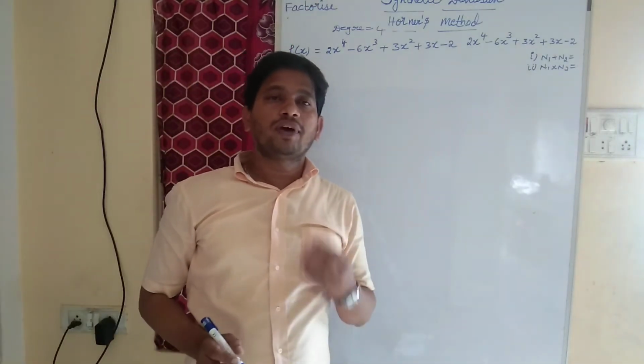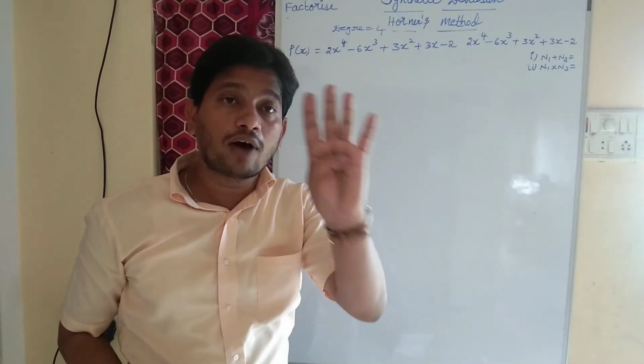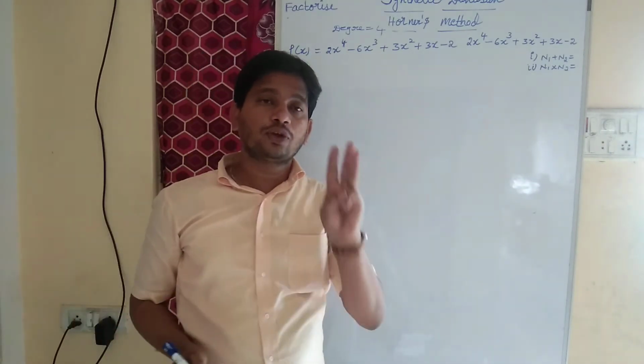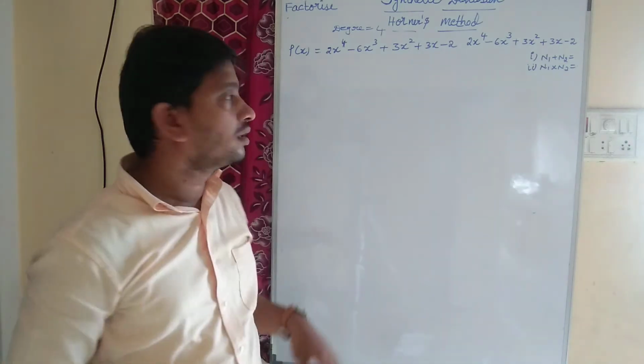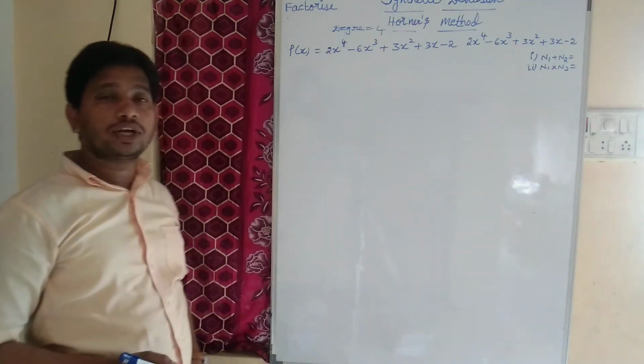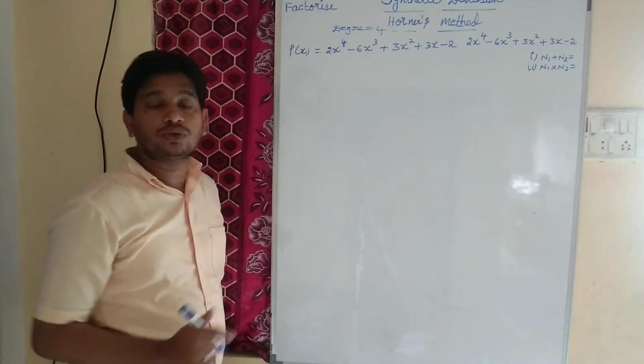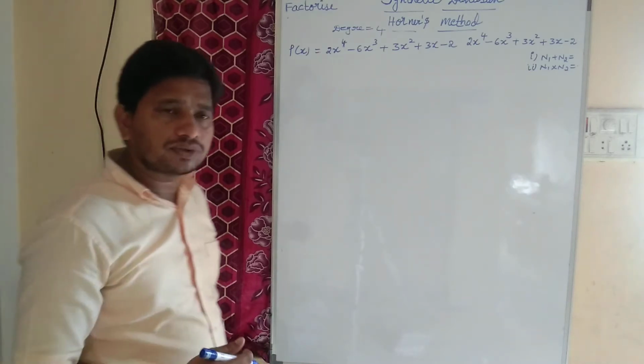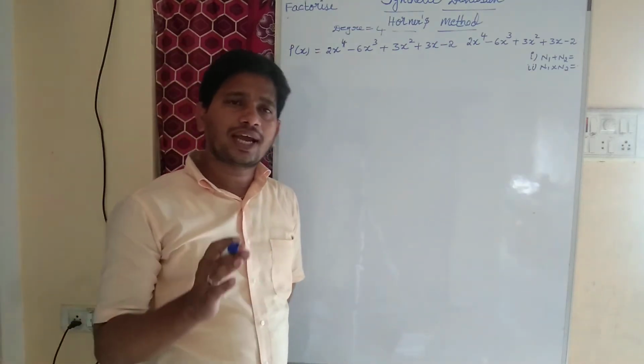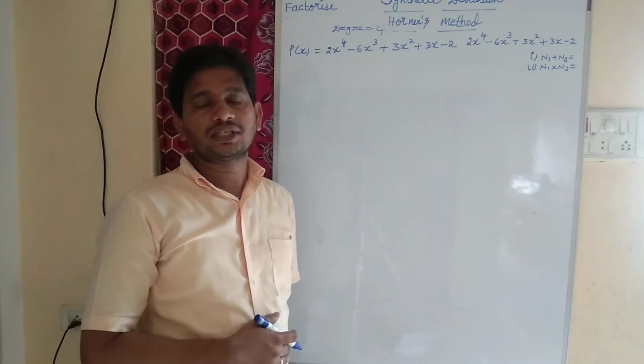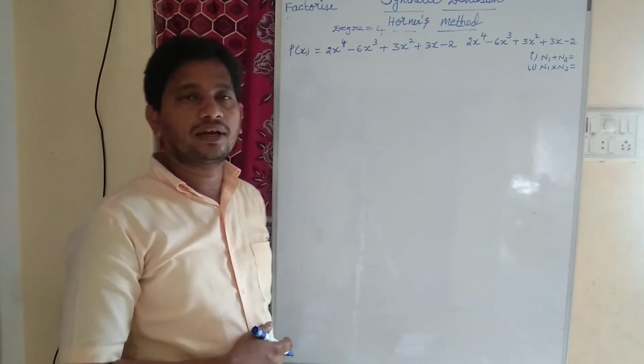If the degree of the polynomial is equal to 4, that is said to be a biquadratic polynomial. As we know, for a biquadratic polynomial we have 4 zeros. For a cubic polynomial we have only 3 zeros, whereas in the case of a biquadratic polynomial we will be having 4 zeros. Let us find the first zero by the trial and error method, right?